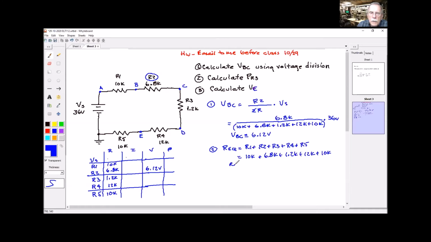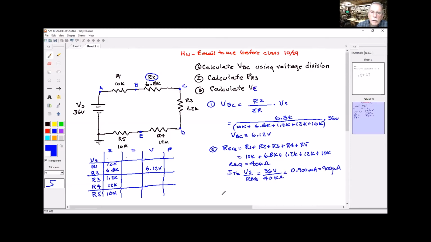So the REQ is 40K. And now IT is VS over REQ. So I have 36 volts divided by 40K, which gives me 0.900 milliamps, or 900